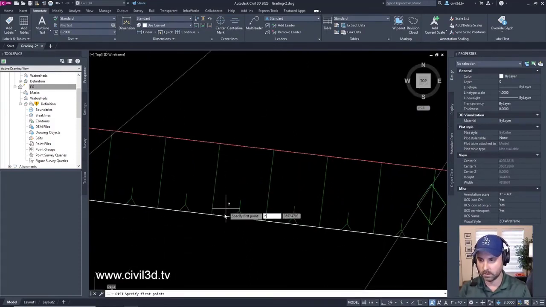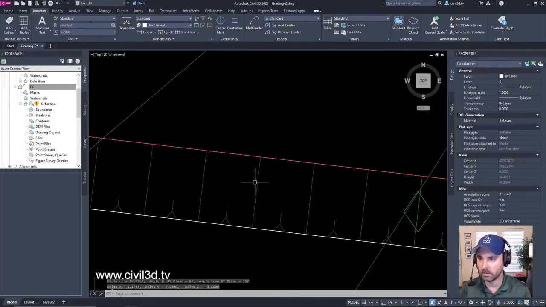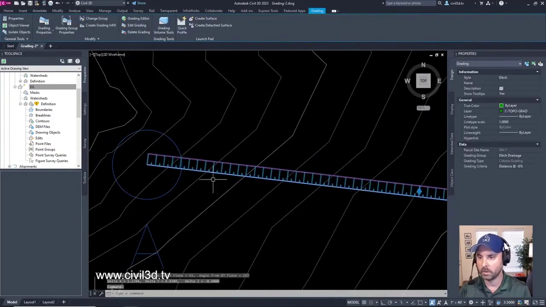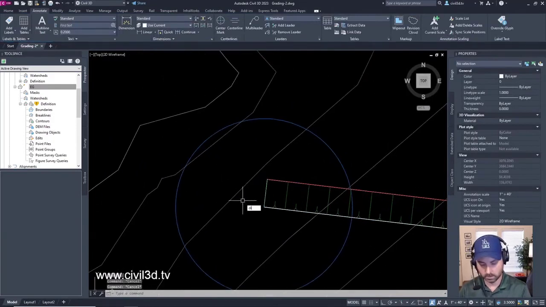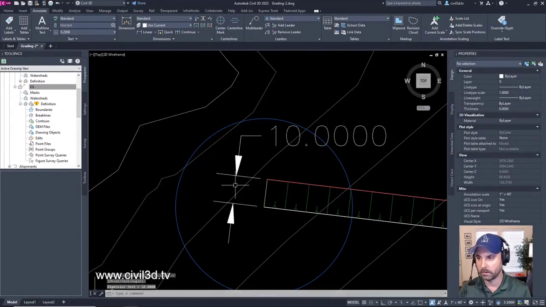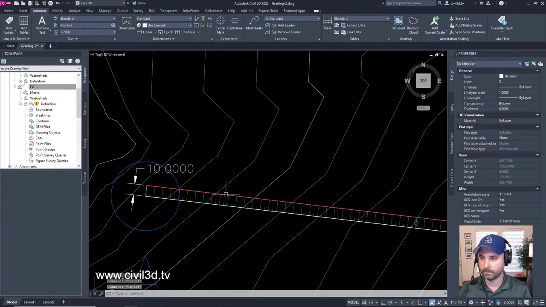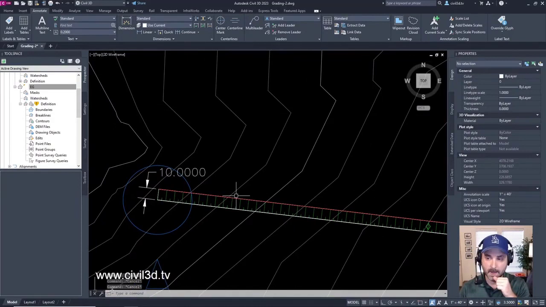Why is it not giving me that dimension? DAL, line dimension from here to here. There we go. 10 feet. That's the distance that we went at negative 6%.